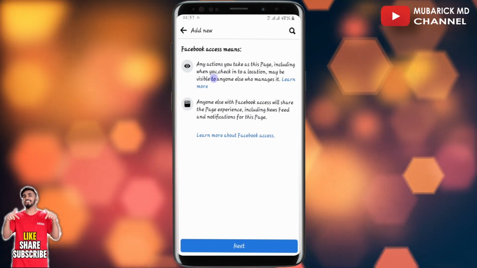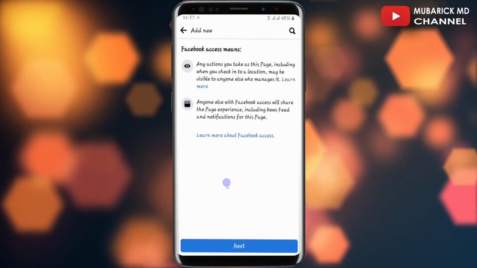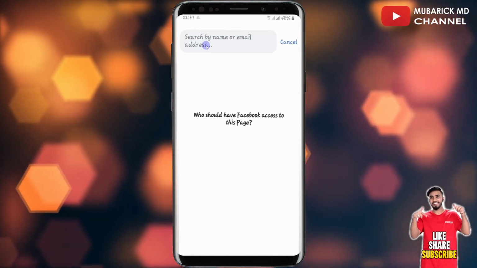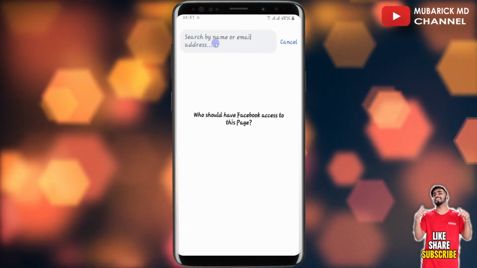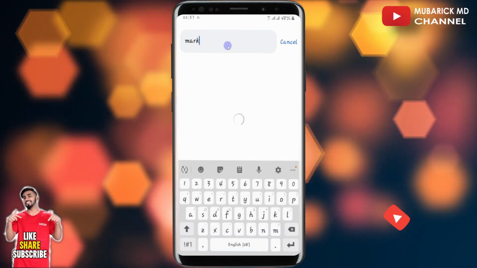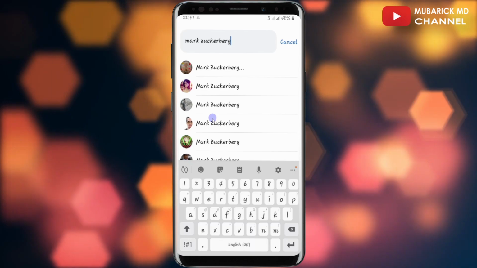So this will give us further descriptions on what our actions mean. So in my case, I'm going to proceed to click on next. So you can either search the person that you want to grant the access to by name or email address. So in my case, I'm going to proceed to type Mark Zuckerberg and proceed to click the one with this